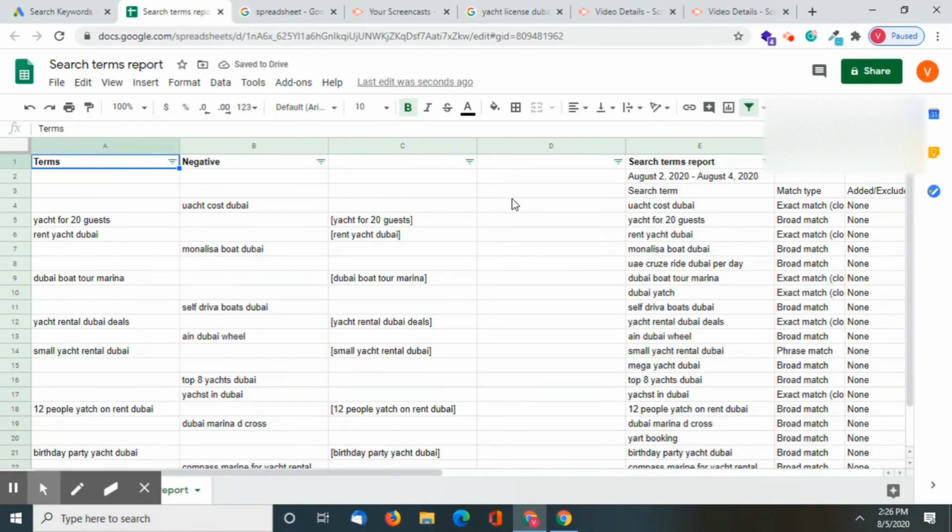So now it's time for the negative keywords. See, negative keywords, I won't recommend you taking these formulas, because see, for example, I can see that Dubai yacht coast. Okay, yacht coast Dubai. Yeah, of course, this is a negative keyword. I like to type it manually, because